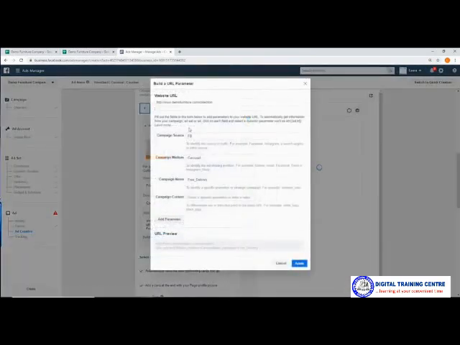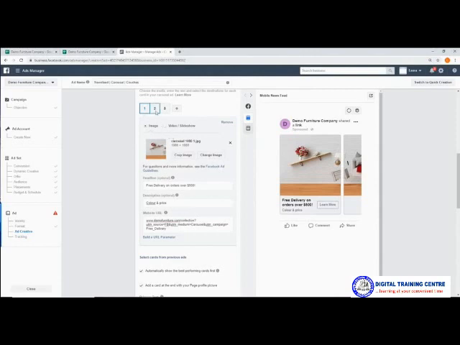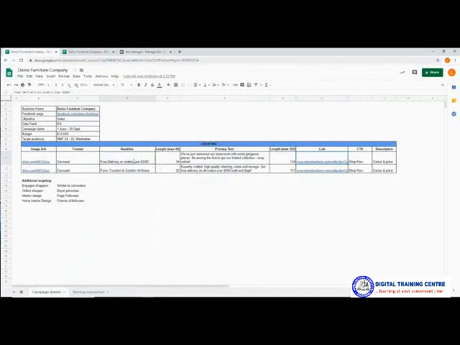If we click on there, you can see, and because I've already added a UTM, it's populated the different categories that I've used. I didn't use content as a category. I used name, medium, and source. This is essentially that same process that we went through in module 1 when we were talking about UTMs. It's essentially the same thing, but sitting within Facebook, which is pretty handy. Okay, I'm going to go to the second image and do the same. You could have a different headline for each